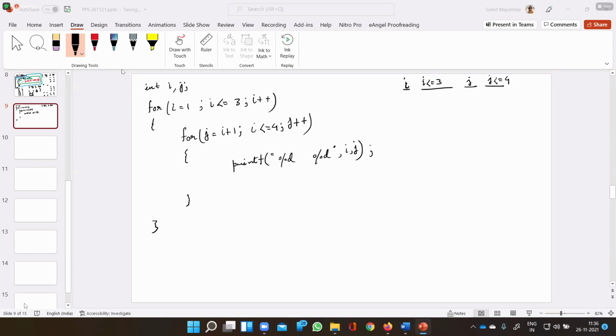Yes, continue. Sir, i is less than 3, so it is true. And now j is equal to i plus 1, so j is equal to 2. j is also less than 4, so that is also true. So it will print 1 2.